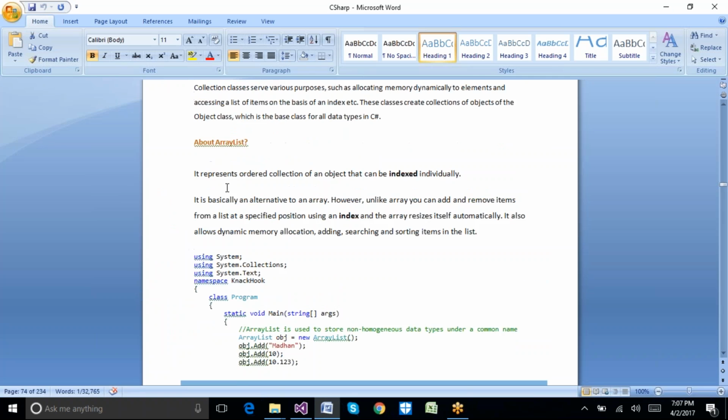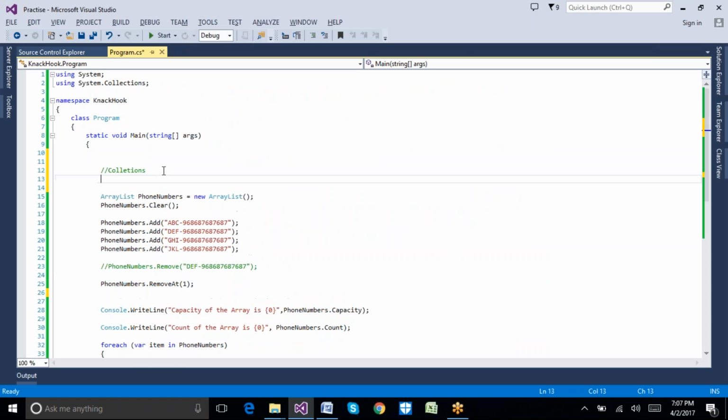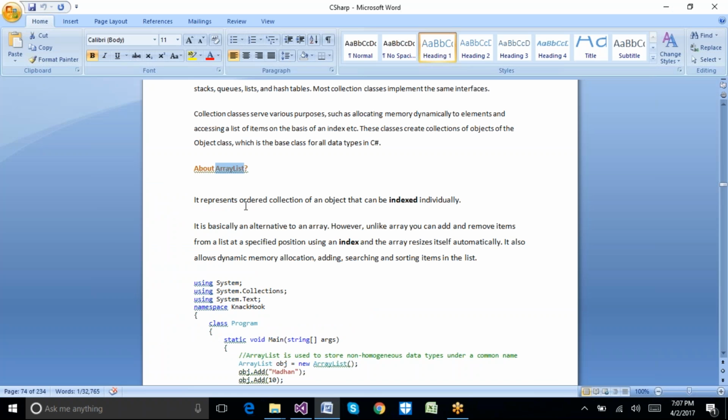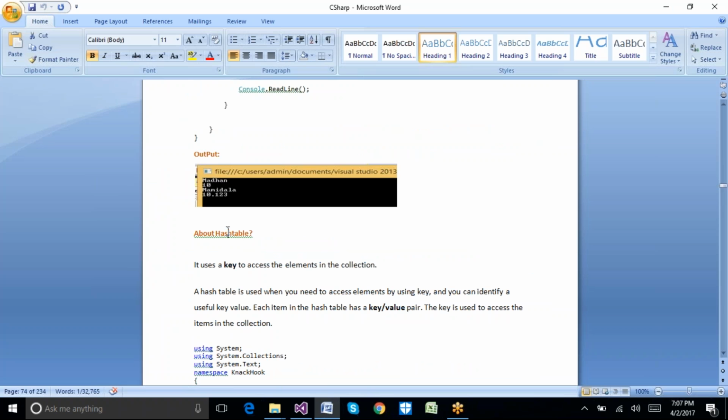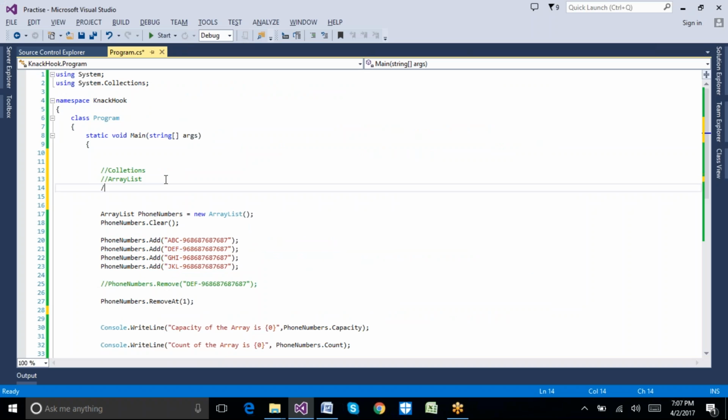We have array list, which becomes a collection. Array list comes under the collection. At the same time, hash table also comes under the collection,